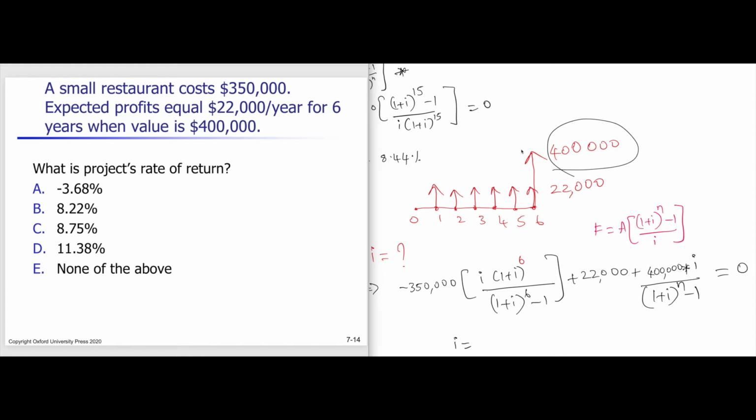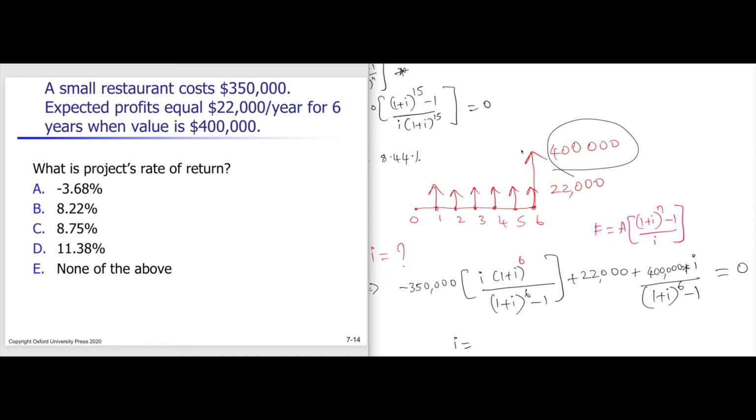Oh, by the way, n is 6 here. N is 6 there. Divided with 1 plus x to the power 6 minus 1